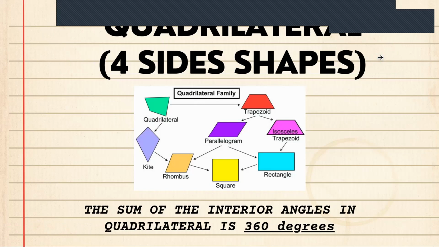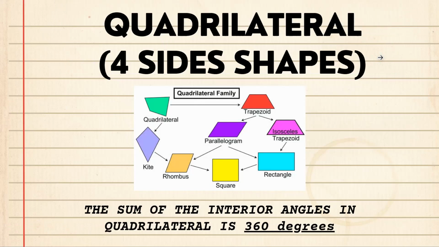Sorry I cannot attend the class today, but I hope this video can help you learn the new topic, which is called quadrilateral, or four-sided shapes. Every shape that has four sides is a quadrilateral. Before this material, we know that in a triangle, the sum of the total interior angle is 180. But in this topic, the key is that the total interior angle in a quadrilateral, or persegi empat, is 360 degrees.